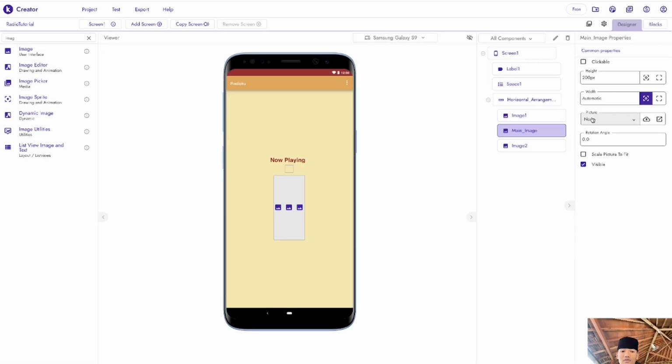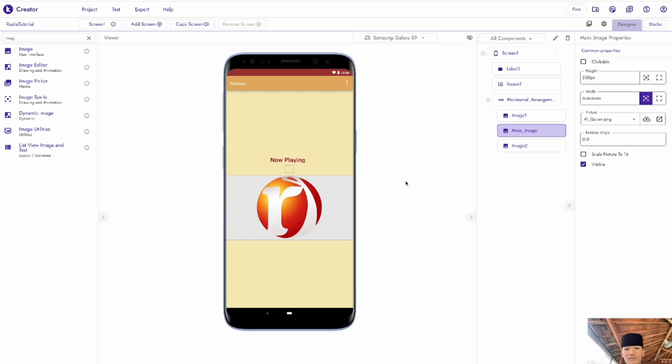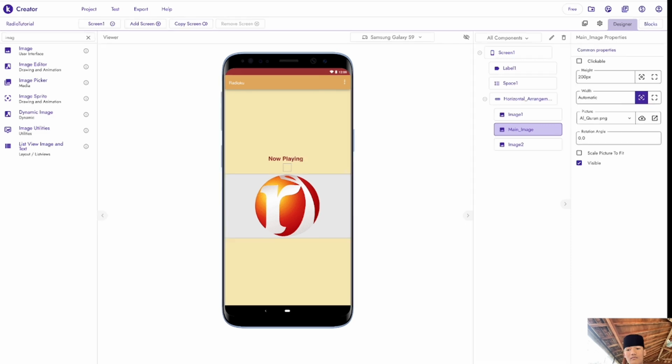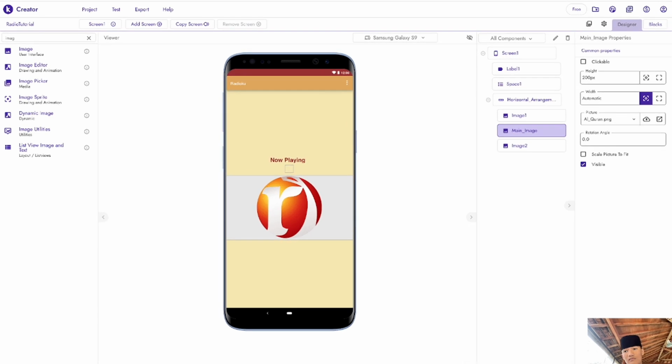So we're going to use that picture there. Now, player one is the radio and the screen display is the control system.